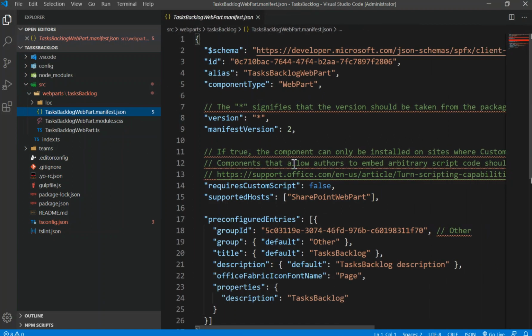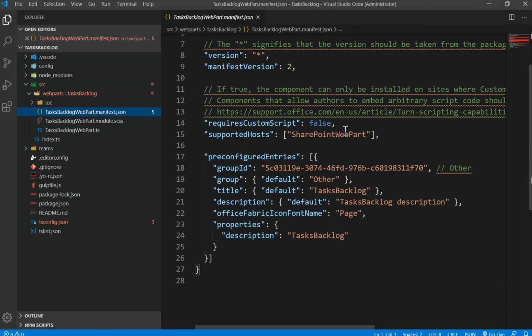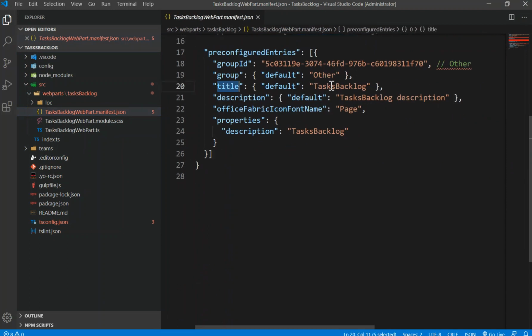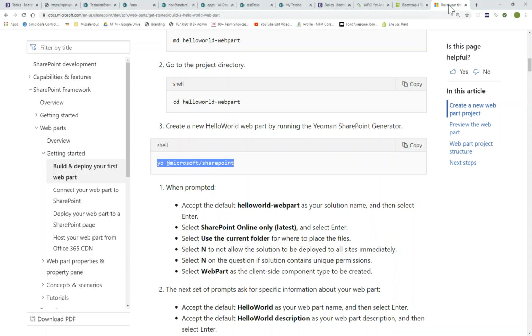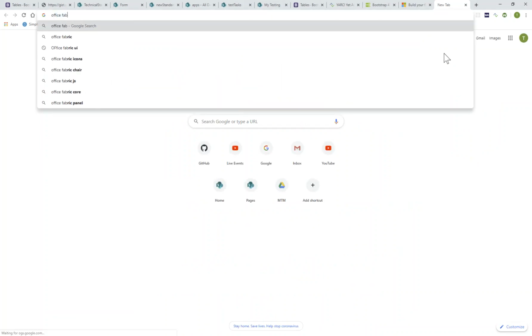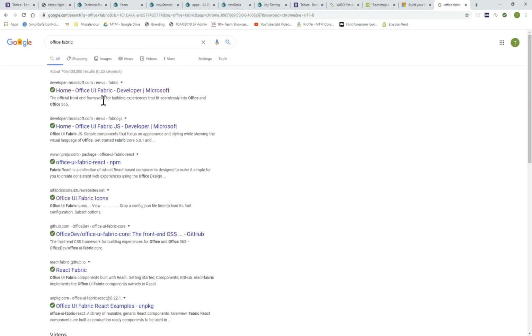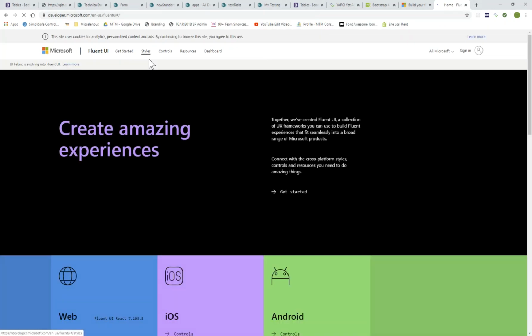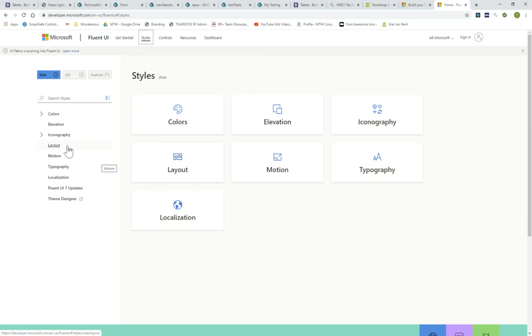json የዌብ ፓርታችንን ፕሮፐርቲዎች ያዘች ነው ለምሳሌ እዚህ ጋር እቺ ለSharePoint ላይ ነው ሰፖርት ማድረገው ይለኛል ታይትሉ ምን እንደሆነ ይነግረኛል እዚህ ጋር type of the title icon ከፈለግን መቀየር እንችላለን ለምሳሌ tasks backlog ለሷ icon መቀየር ከፈለጋችሁ የምትሄዱት ኖርማሊ ኦፊስ ፋብሪክ ነው ኦፊስ ፋብሪክ የሚባል UI ነው የምትጠቀሙት ግን I don't like them yet grid ምናምን አላቸው ግን እኔ አሁንም የቡትስትራፕ ሰው ነኝ because ምክንያት አለ እዚህ ጋር iconography ይለኛል file type icons office brand icons they keep changing should